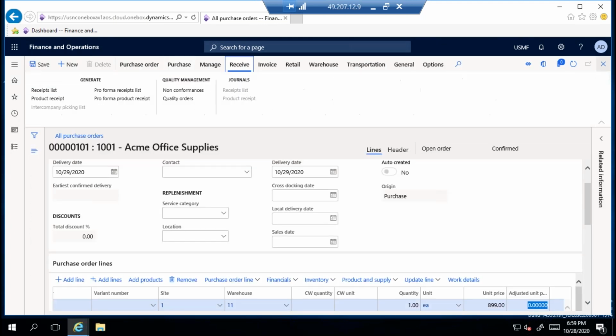Then product receipt. Product receipt means after 2 or 3 days, you are receiving material from the vendor. So that is product receipt.